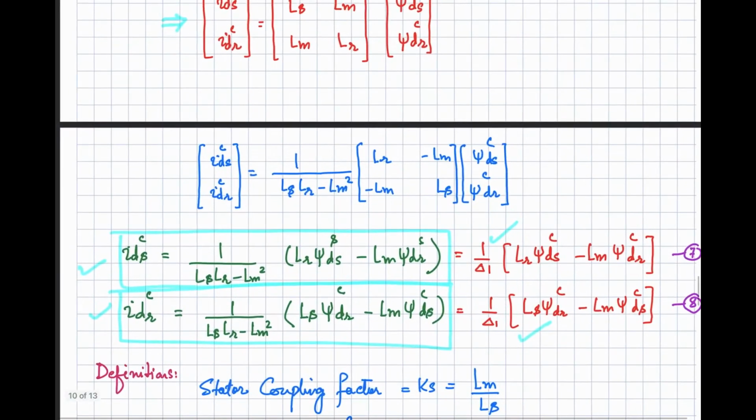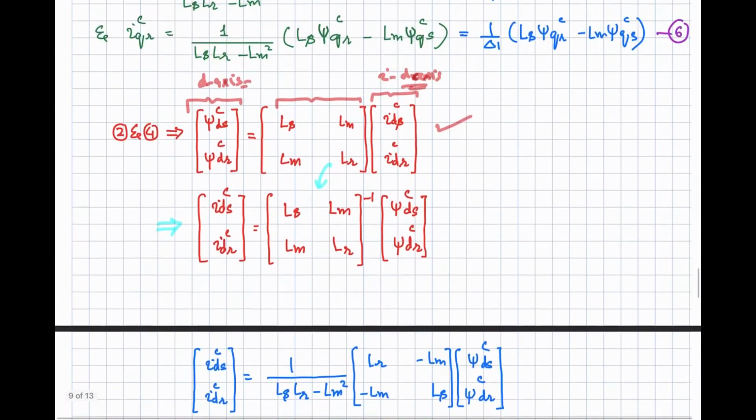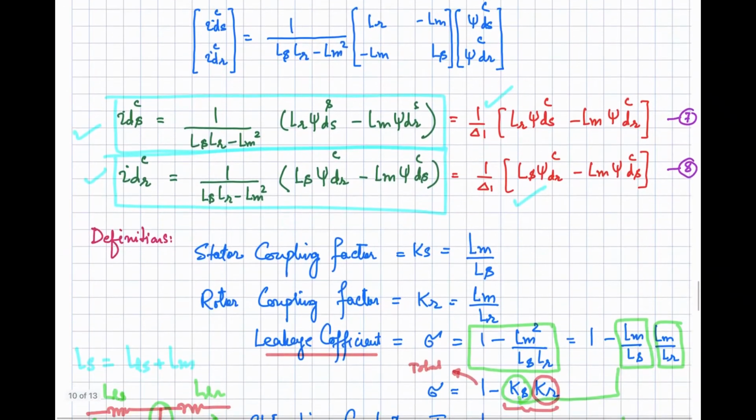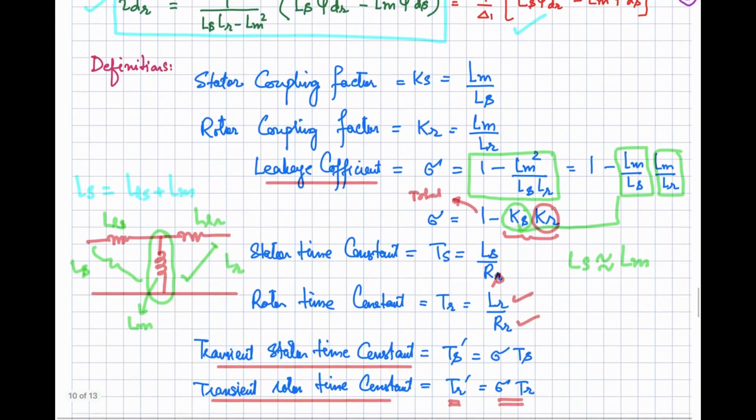So now we are going to write down these flux equations, or the current equations, that we have obtained here from the state space model. The equations for the currents IQR and IQS are in terms of the flux linkages of the stator and the rotor sides of the respective axis. So we can use these definitions to write these equations for the currents.